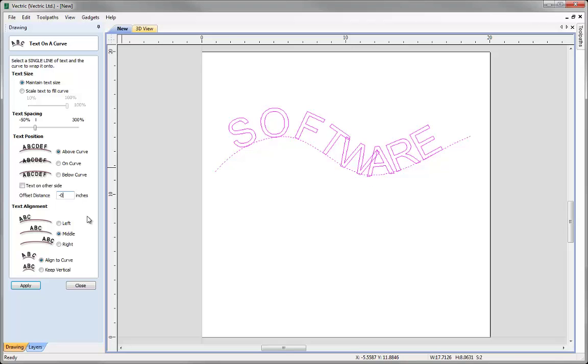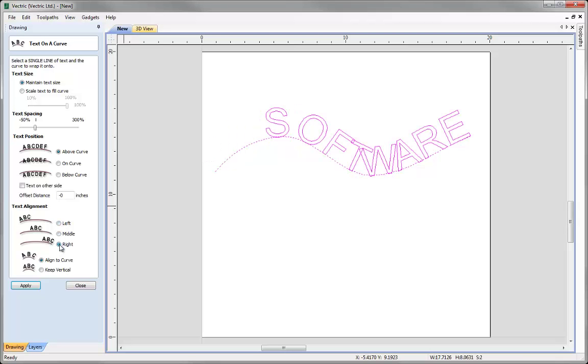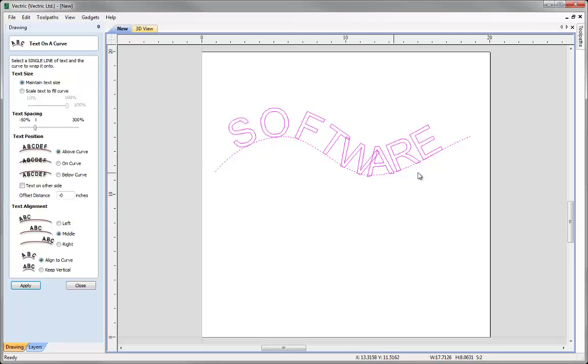The other option that we have available to us is the text alignment for the text on the actual curve. At the moment it's in the middle. If I select to align it to the left, it'll align to the left, and right to the right, as you can see. Every time we do this, you can see that the spacing in between each of the characters is also changing. So if you look here, the W and the A are actually crossing over each other here. And another option that we have available to us is